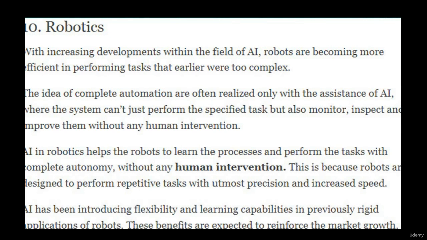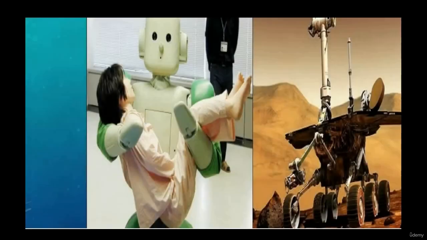Robotics is a very important part of AI. It is mostly used to develop the field of AI. Robotics is becoming more efficient, performing tasks earlier considered too complex. Nowadays the idea of robotics is very popular and mostly used with AI. Robotics helps people in different ways in different organizations, and in many areas works as assistants to help